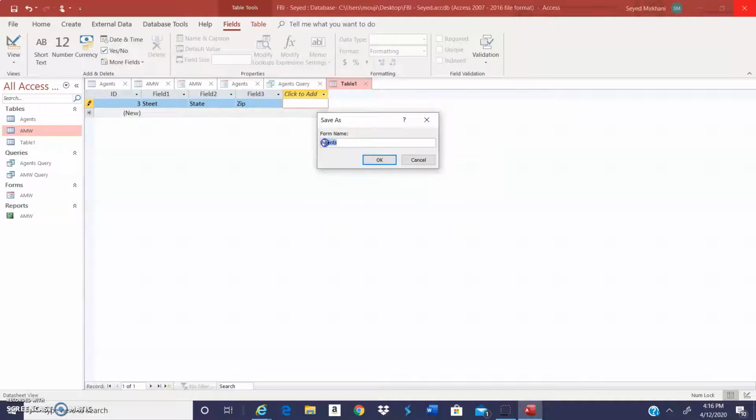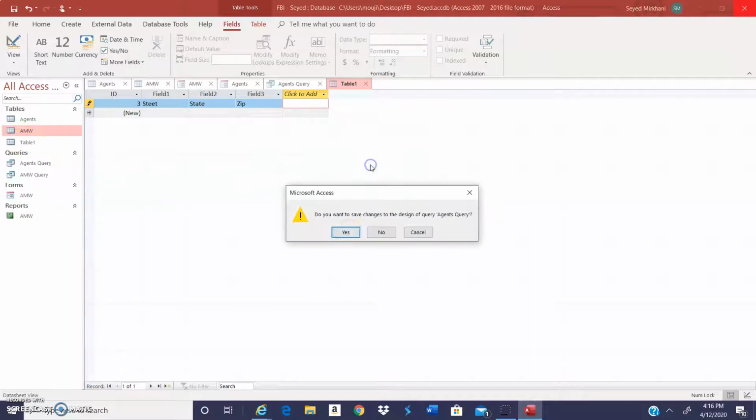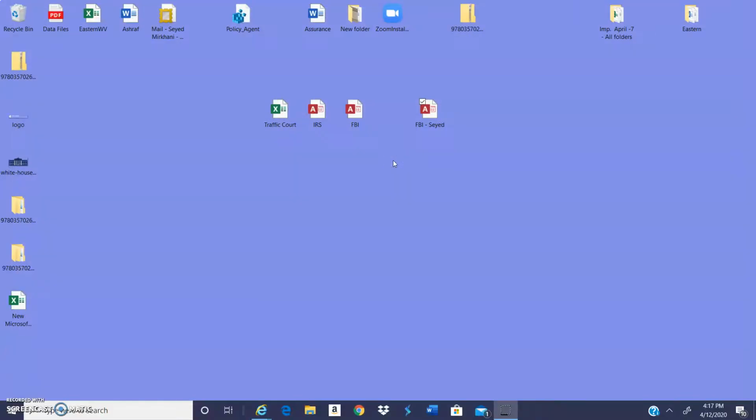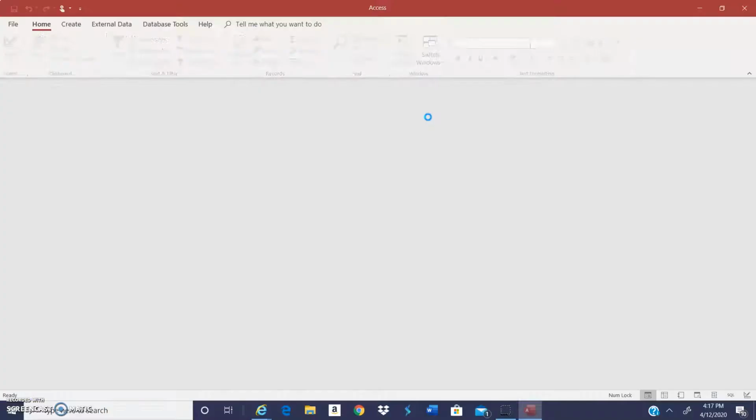I am going to call this table... Okay, I click OK for now, and then let me click yes. It is asking me what I want to call this table one. I'm going to call it suppliers, and I click OK, and then I go again back to my database,